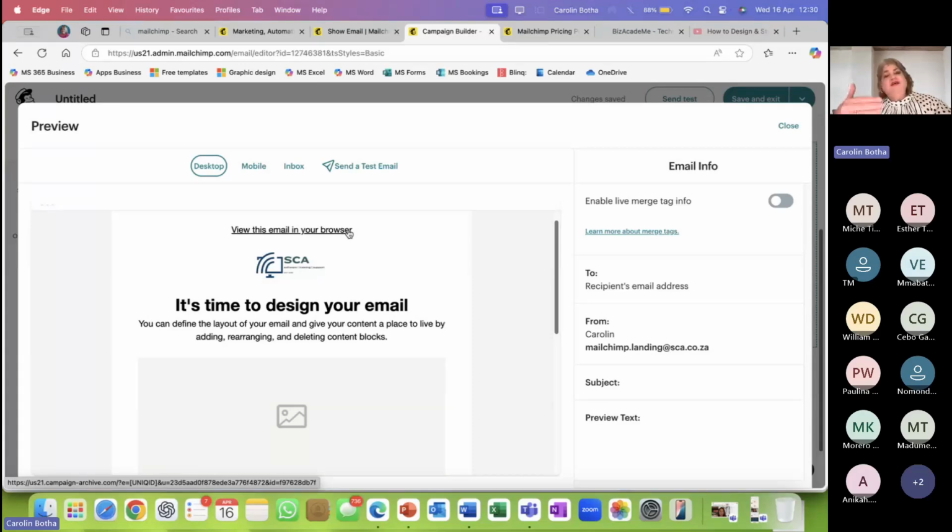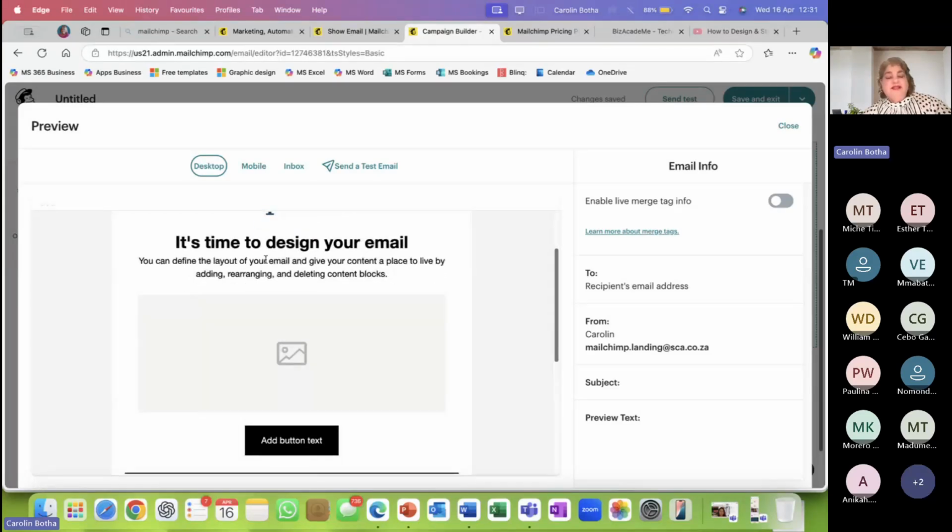But if the image doesn't show automatically, maybe it's turned off because it takes up a lot of bandwidth. So it uses data. Mainly at companies or businesses, it's not switched on for that reason. Or the other reason is they don't know where to switch it on or off. So if people can't see all the images, you can refer them right at the top of the message that they can view this in the browser, like Edge or Chrome, and the images will definitely then show. So at least you have a backup plan there.